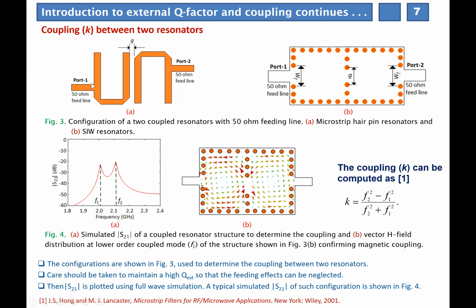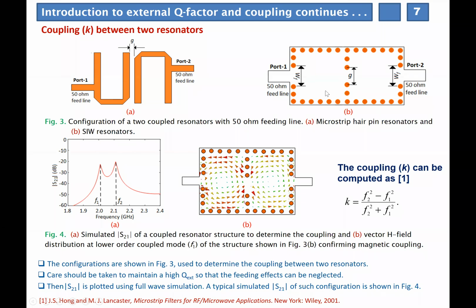Here in simulation, for microstrip line, we put a very narrow gap between this feeding line and this resonator. In that way we keep S21 below minus 20 dB. You should not go below minus 40 dB, because then the energy coupling will be insignificant or very small. It will again not give you a very good result. So between minus 15 to minus 30 or minus 25 is recommended.